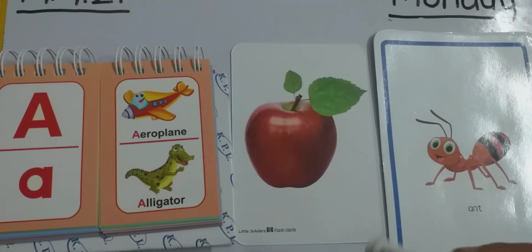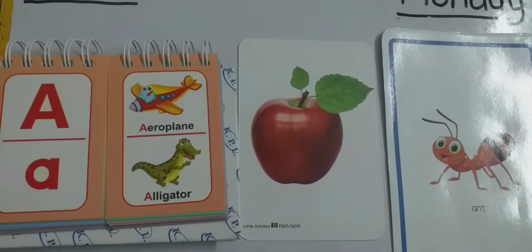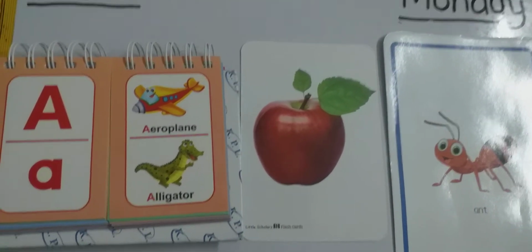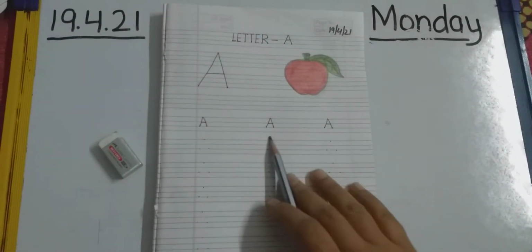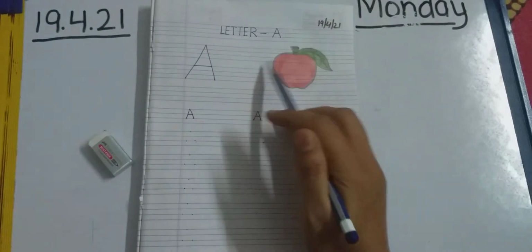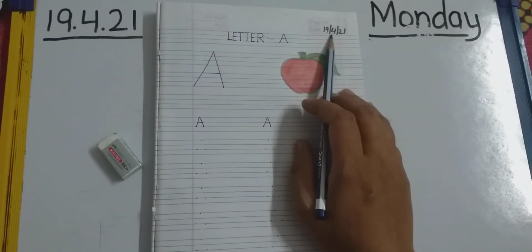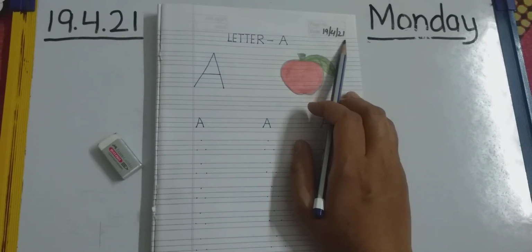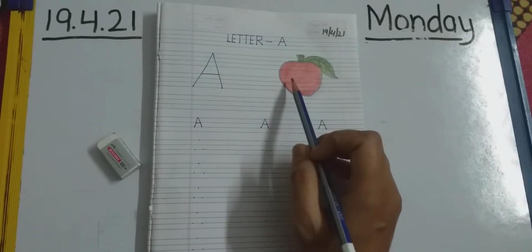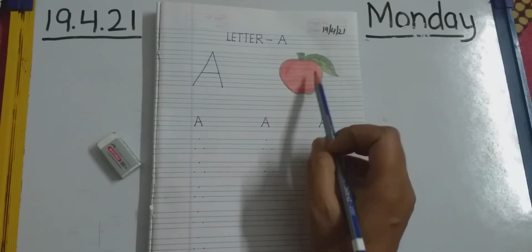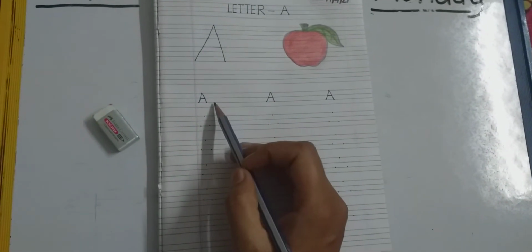Okay children. So children, now we will take our English notebook. So children, this is your English notebook. Okay. So you have to mention today's date. Today is 19th April 2021. So you have to write like this A and you have to draw an apple. Okay. Then to create a letter A,